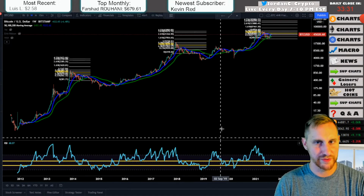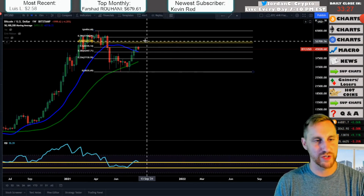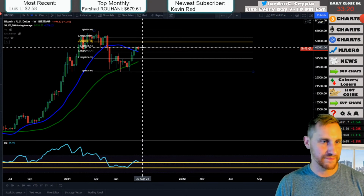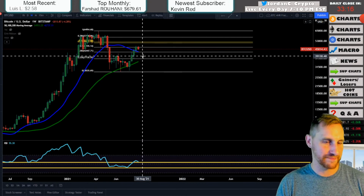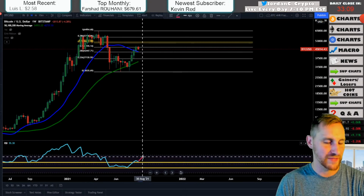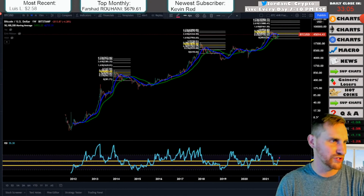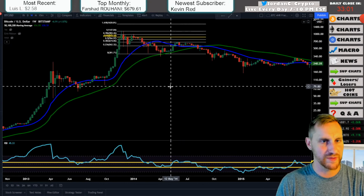We need to do one of two things. We need to close above the 20-week SMA, which we already did. Bam. What I'm looking for is a second weekly close above the 20-week SMA. Maybe it's this week, maybe it's not this week, who knows, right? That's why we're looking at it. And we also need to get a significant bounce off this RSI level. The reason why is if we look back at 2013, or 2014 actually,